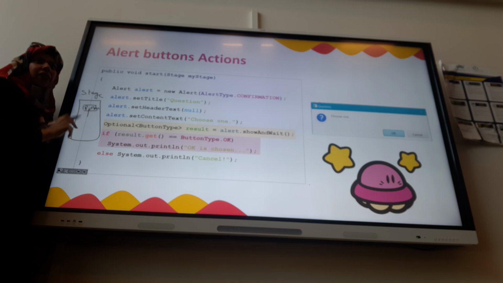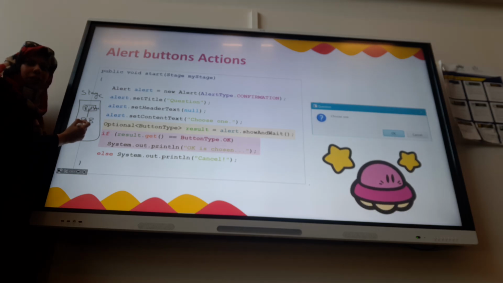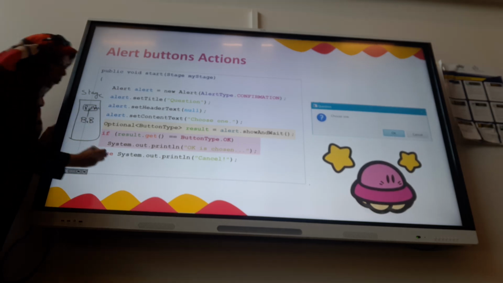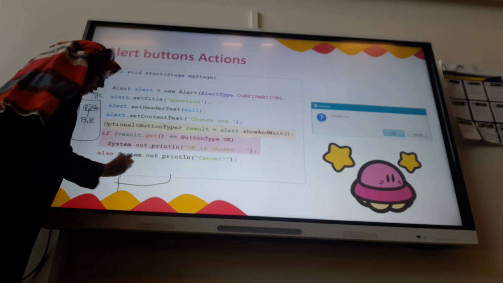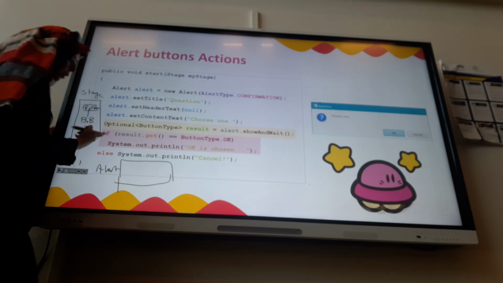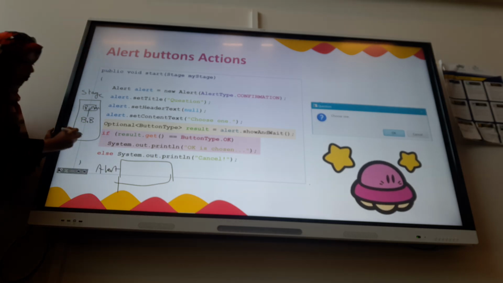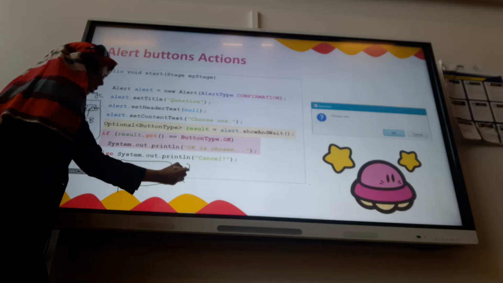Remember we said we have button base, and then button inherits from button base, right? Now here, when dealing with alerts, I'm not dealing with a stage anymore, right? This one can show, as we agreed, but this one can either show or